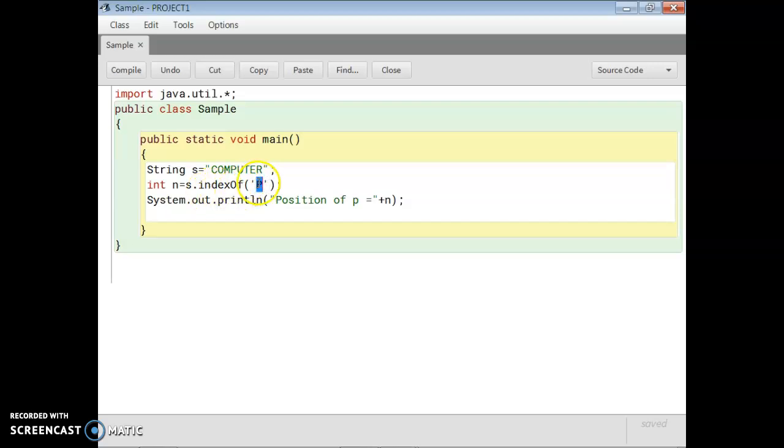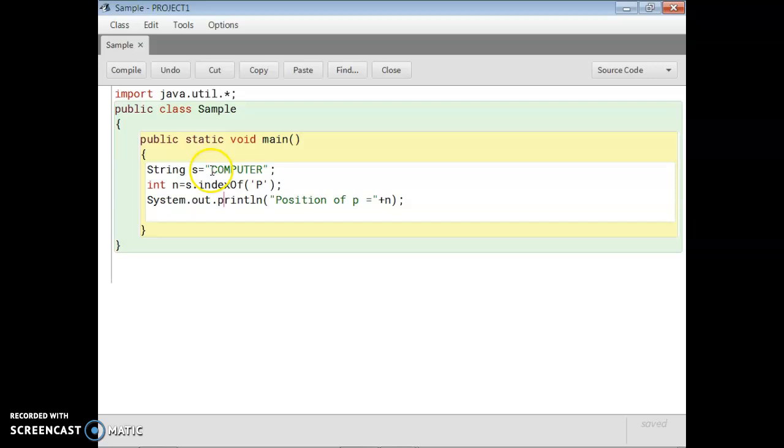If a particular character appears more than one time and you want to find the last occurrence of that character, then you go for lastIndexOf. Here in computer, all the characters come a single time.